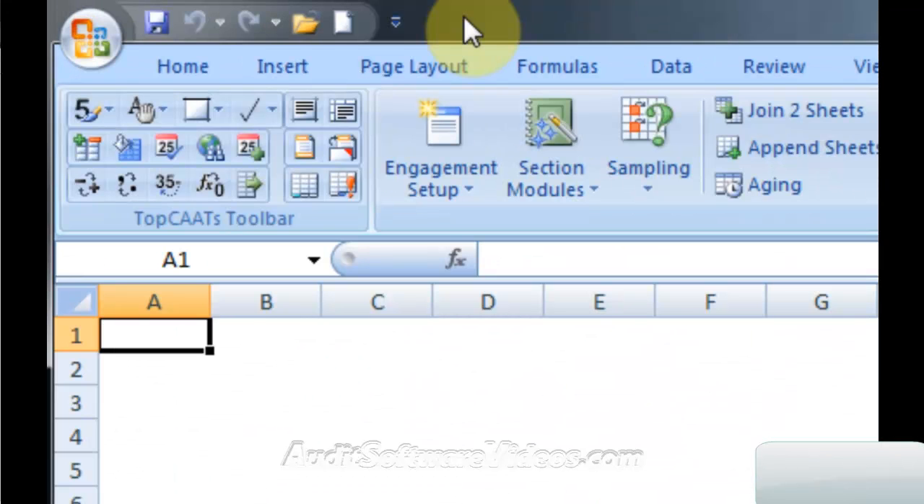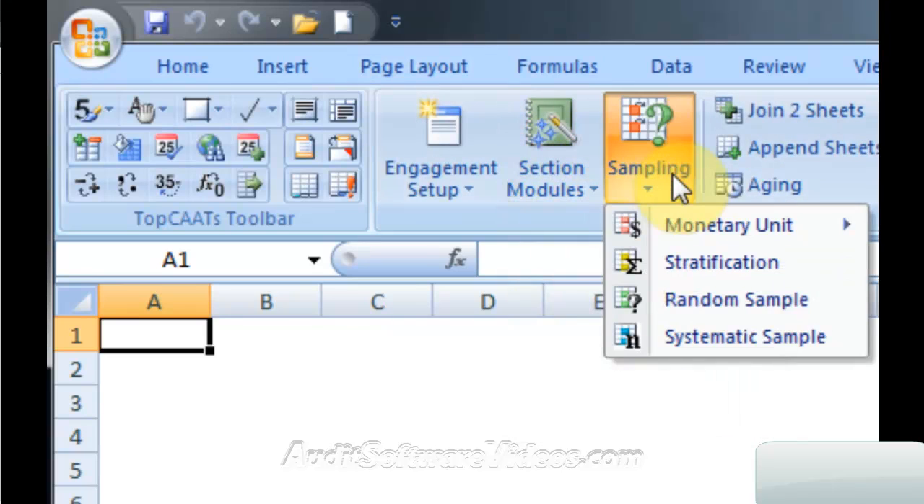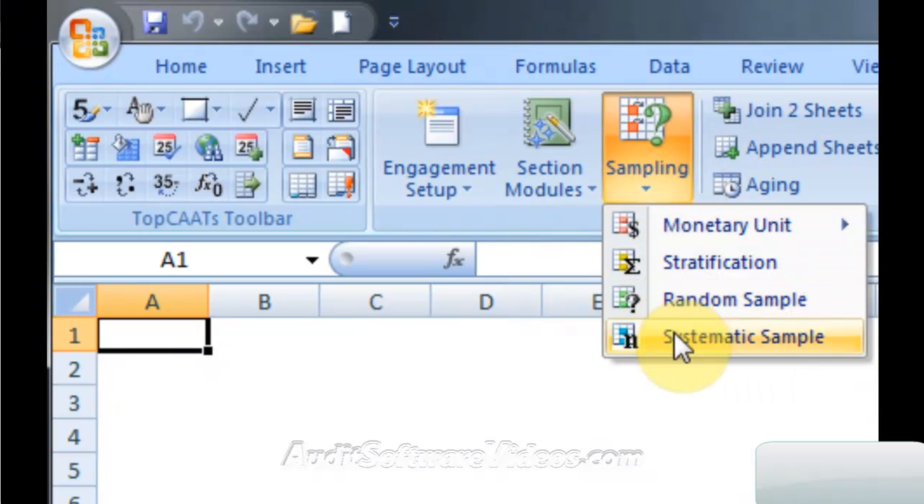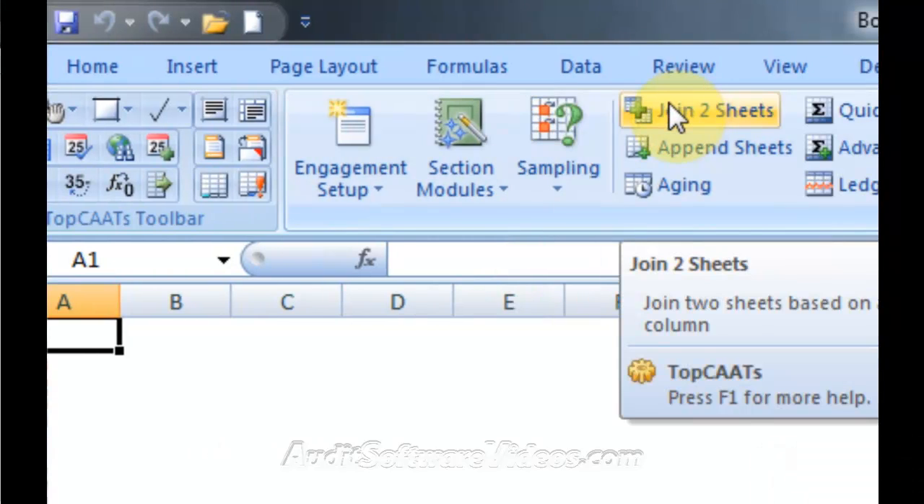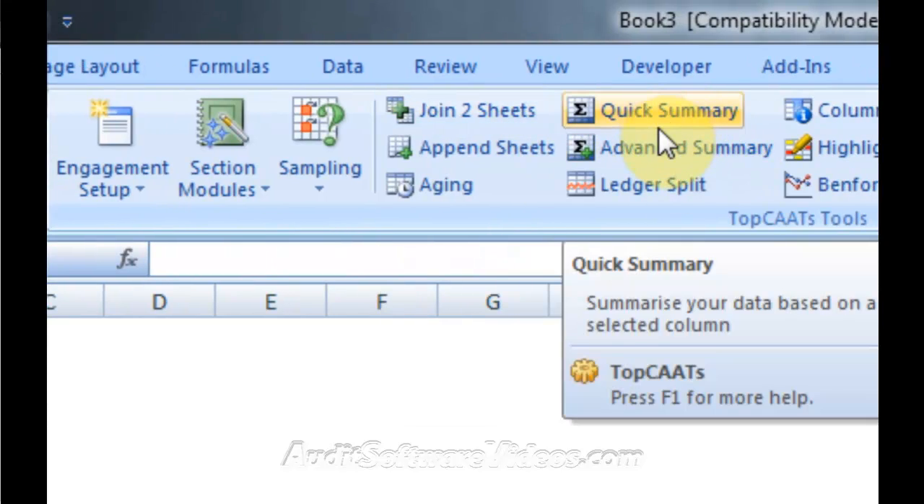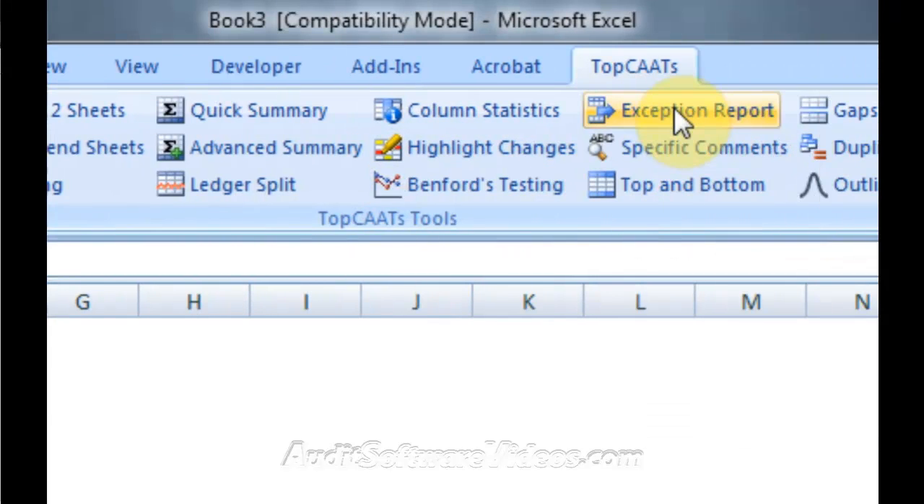Of course, there's a wide variety of other tools in TopCAATS. There are section modules for other areas of the accounts. There's a variety of sampling routines, monetary unit sampling, stratification, random and systematic sampling. Join two sheets allows you to merge two different worksheets together based on a common matching column, and completely eliminates the need to understand or ever even use VLOOKUPs. There's tools for summarizing your data, highlighting the differences between two versions of a worksheet or a workbook, Benford's testing, exception reporting,